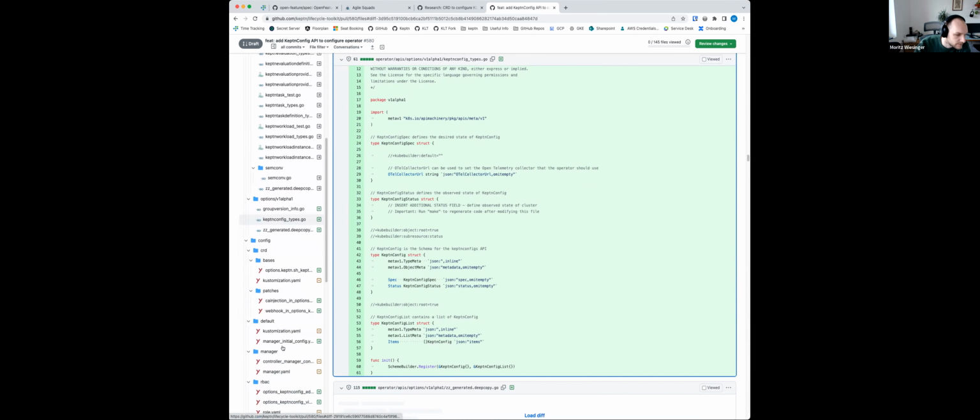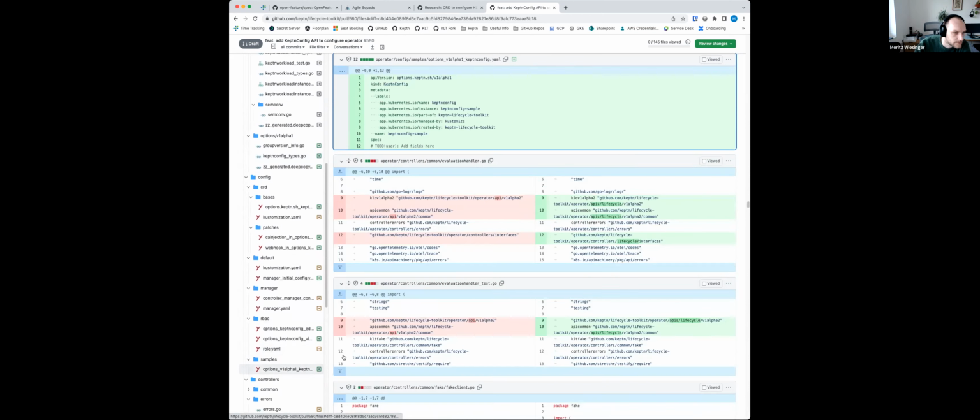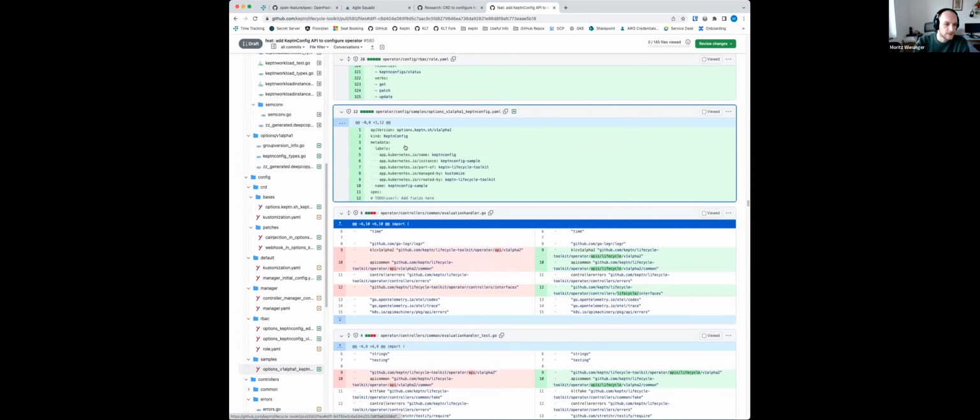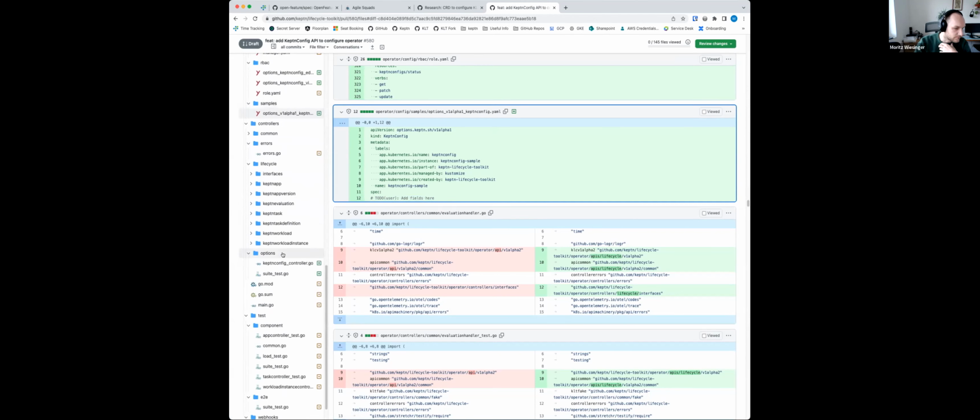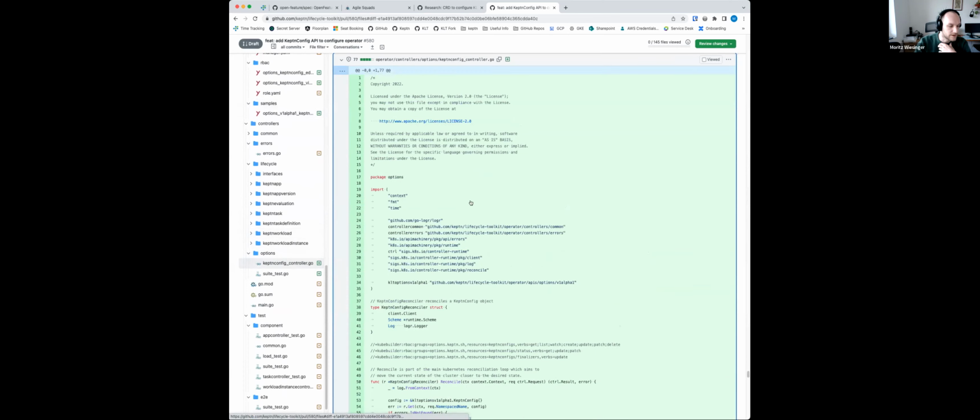And then where are the samples? There. So this is super basic now. In the spec here, you would directly define your hotel collector URL as a string with whatever URL you want to have there. And then you would apply this CRD as any other CRD into the namespace where the operator is running. And then with the classic operator stuff, you have just another reconcile loop here. You have a controller for the Keptn config,